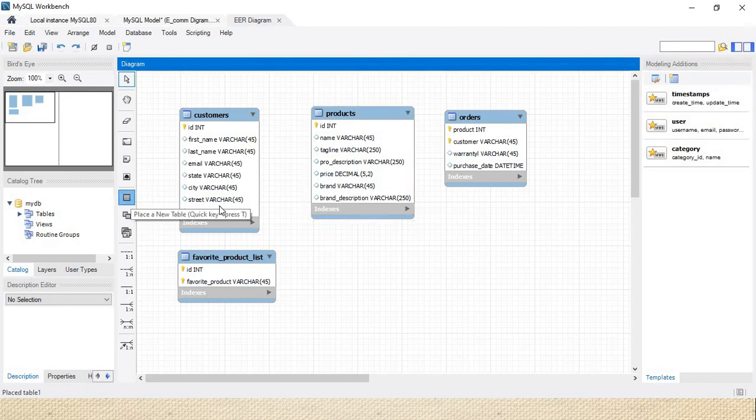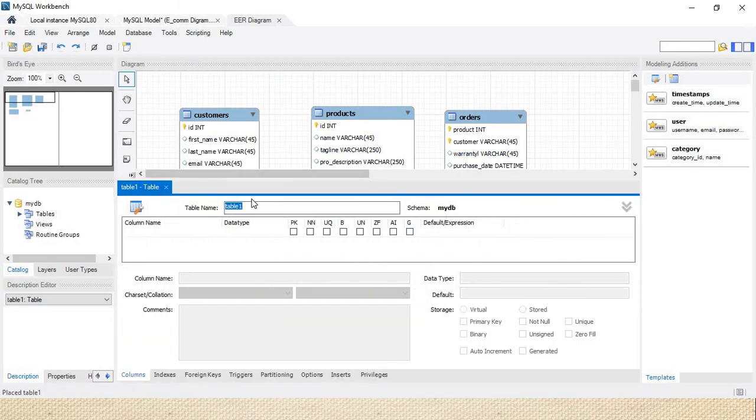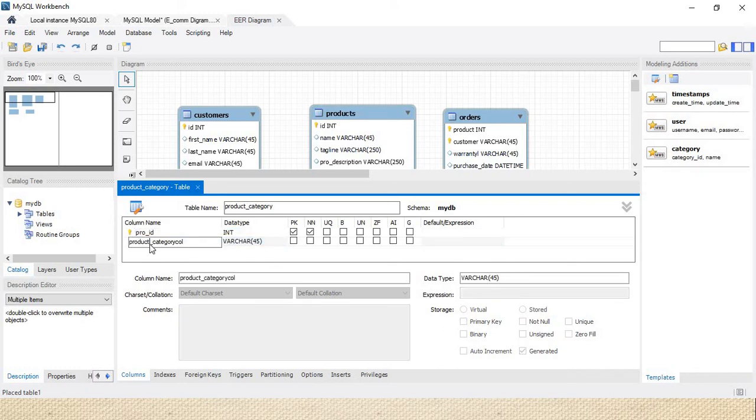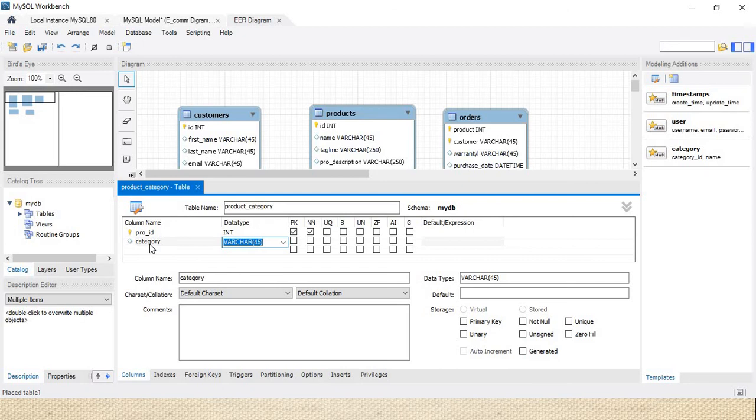What should we do? Here we'll create a separate table for the category, and the table name is product category. In that I will use product ID and, later on, category.